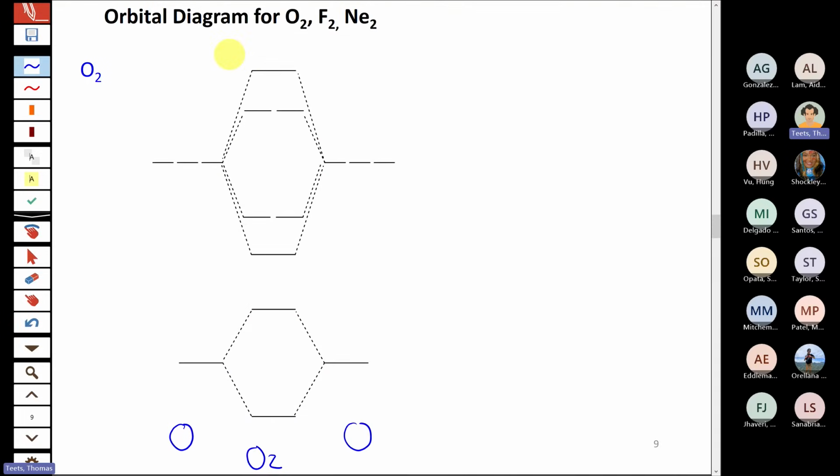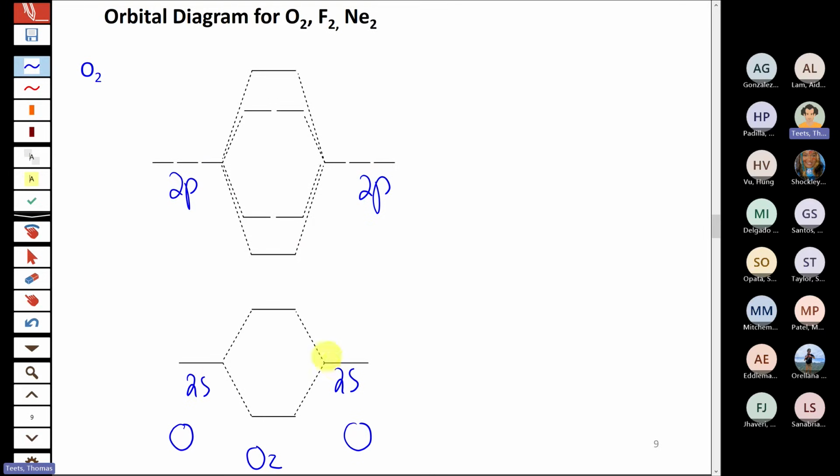So we're going to have the 2s orbitals for oxygen involved in this diagram. And we're also going to have the 2p orbitals up higher in energy. You'll recall that for 2p orbitals, you always have a set of three, as we talked about, px, py, and pz. So we're going to have three 2p orbitals from one oxygen atom combining with three 2p orbitals from the other. So we'll have a total of 8 orbitals, 4 atomic orbitals from each atom combining to make 8 molecular orbitals. So then what we look at is what happens when we mix the atomic orbitals.